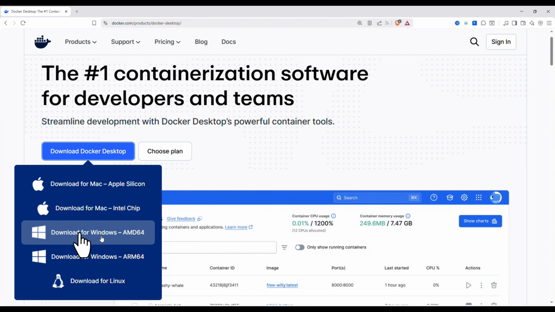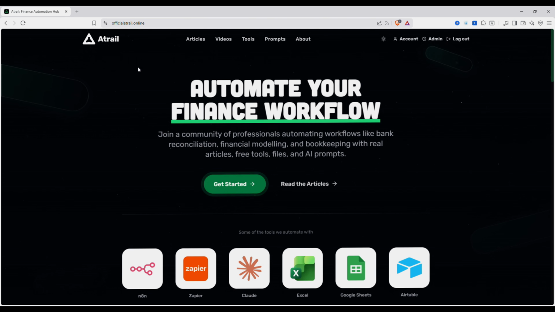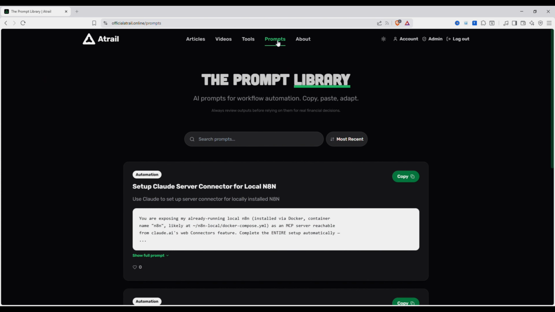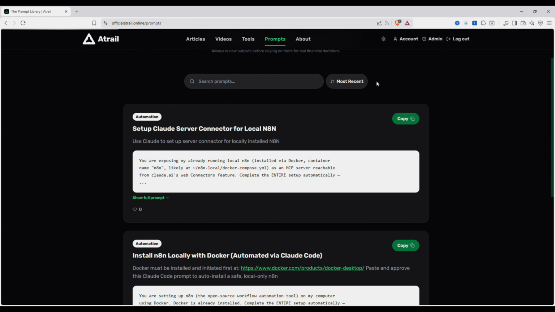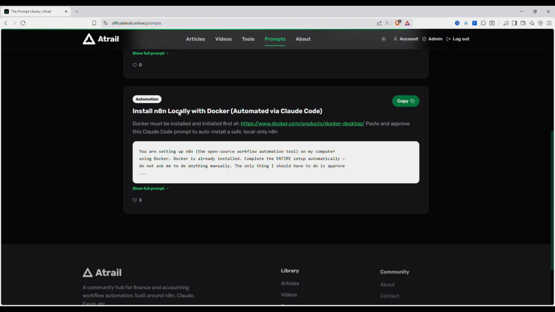After installing, the next step will be to get your prompt from the Atrail website. Go over here, click on prompts, and scroll down to the Claude prompts for installing Docker on your system. Copy that